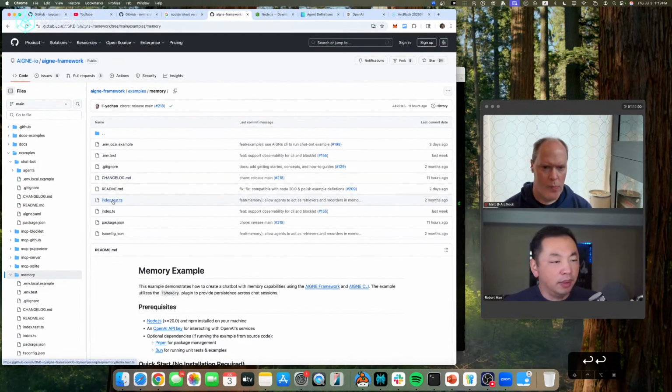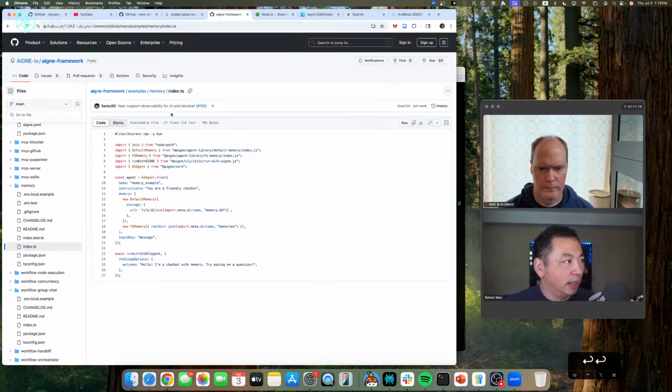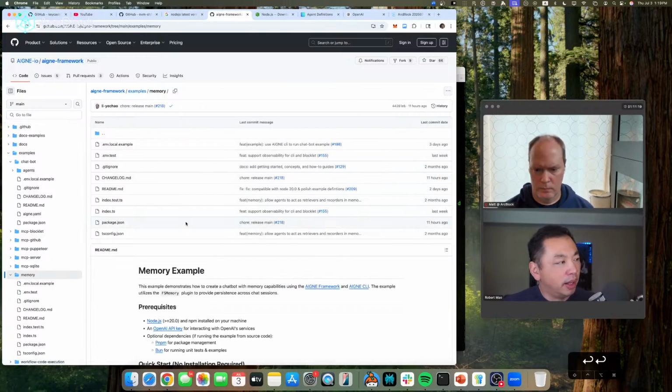So that's the first step. You can go into the code, and you see the code is pretty simple. To be able to play with this, you need some code skills. We can cover this later. But just to look into this, it is using the framework to create this kind of a chatbot that remembers everything. It's very simple.